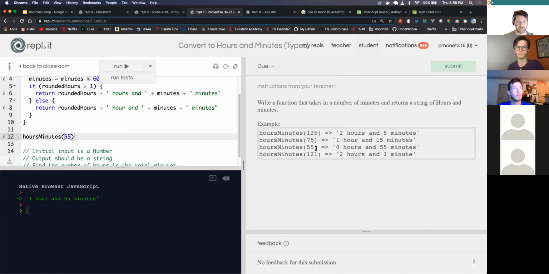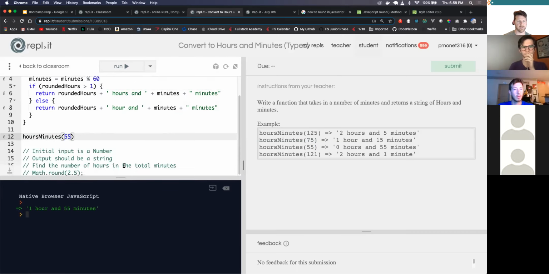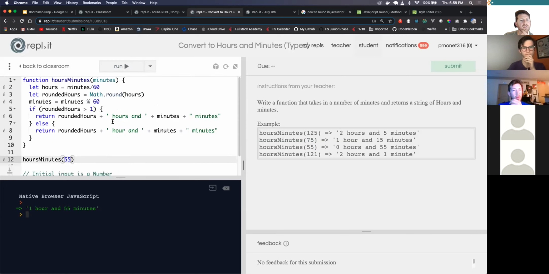So I've got 2 test cases. Why isn't 55 executing? Oh, so if I do 55 minutes and run it, it still says 1 hour, and uh-oh, what's going on here? So maybe